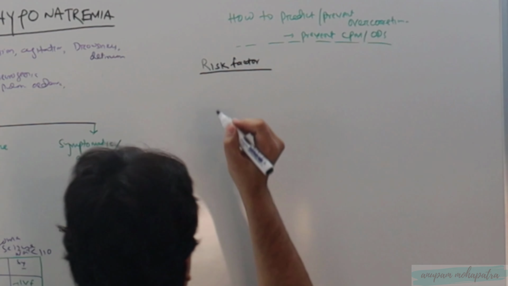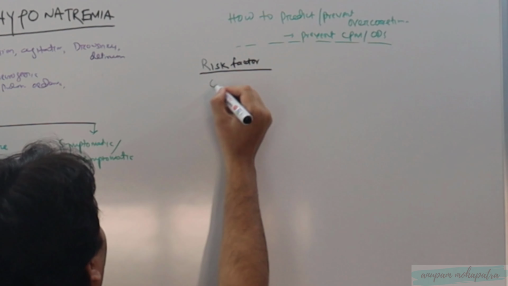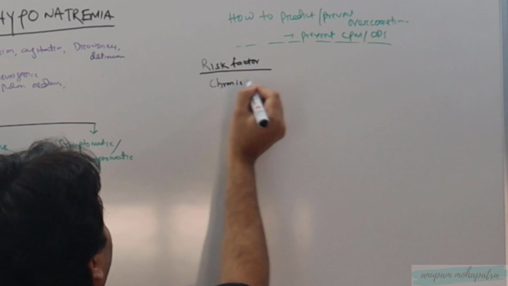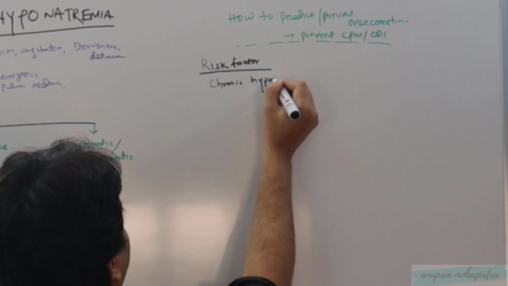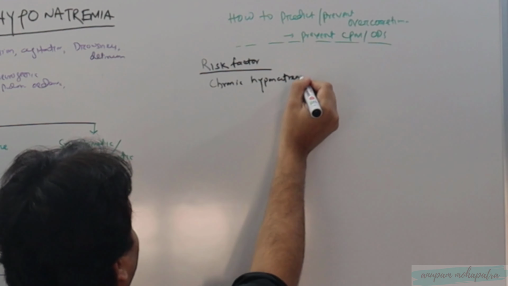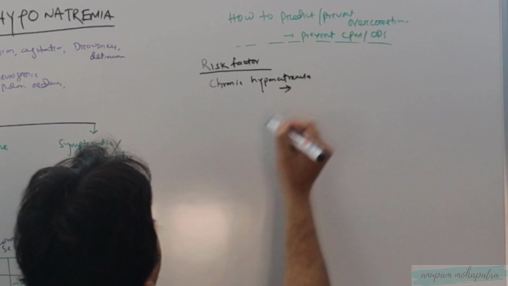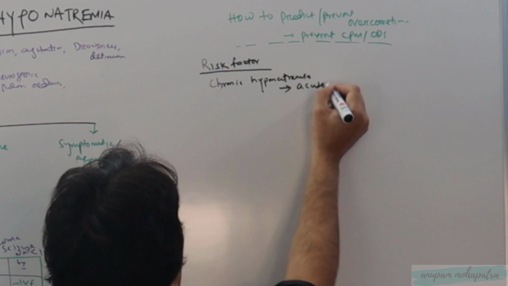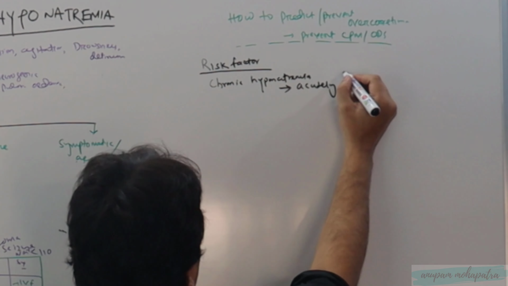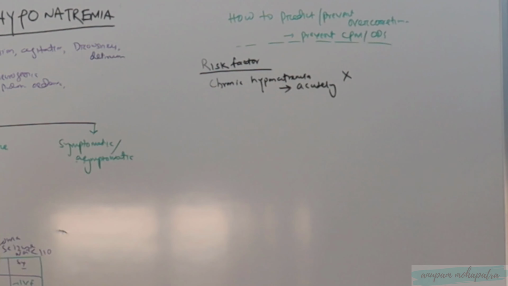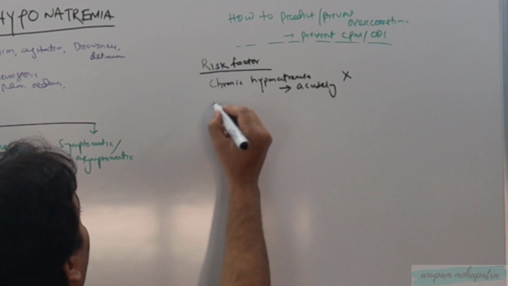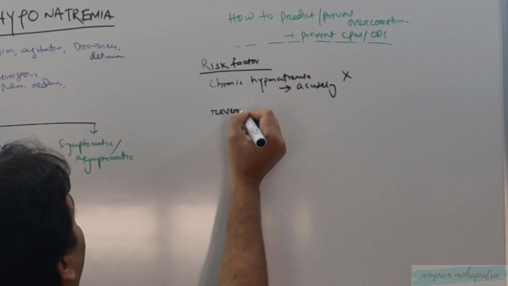The first risk factor will be a patient who is having chronic hyponatremia and you want to treat it acutely. This is one of the risk factors. This should not be done. Right. Second risk factor will be we have a reversible